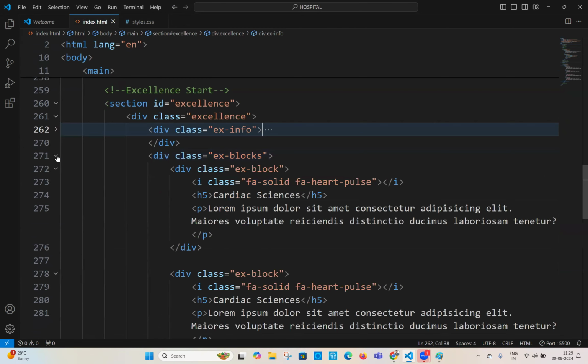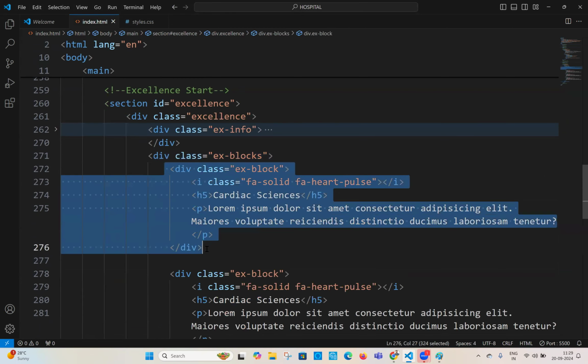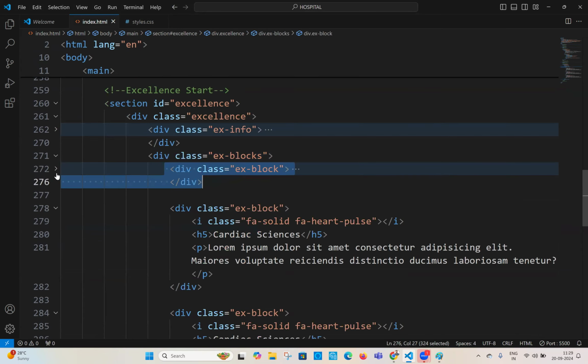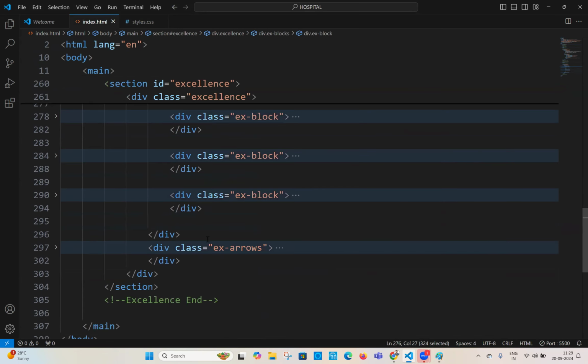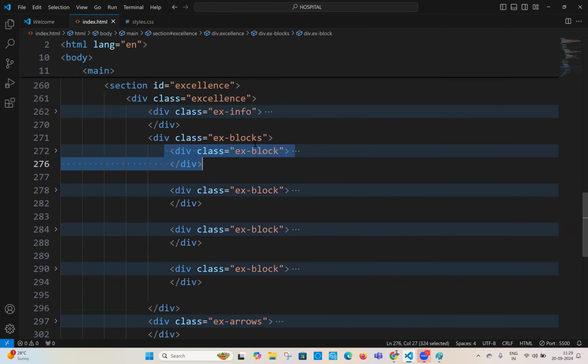All these X blocks, 4 blocks per row. And who is the father of all these X blocks? The X block, X block, X block, 4 X blocks are there. All these blocks' father is what? X blocks is the father. So what I want to do